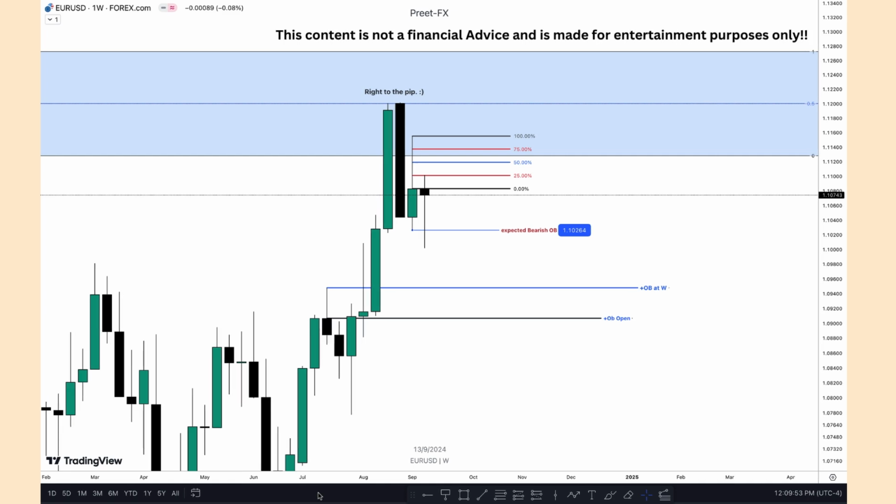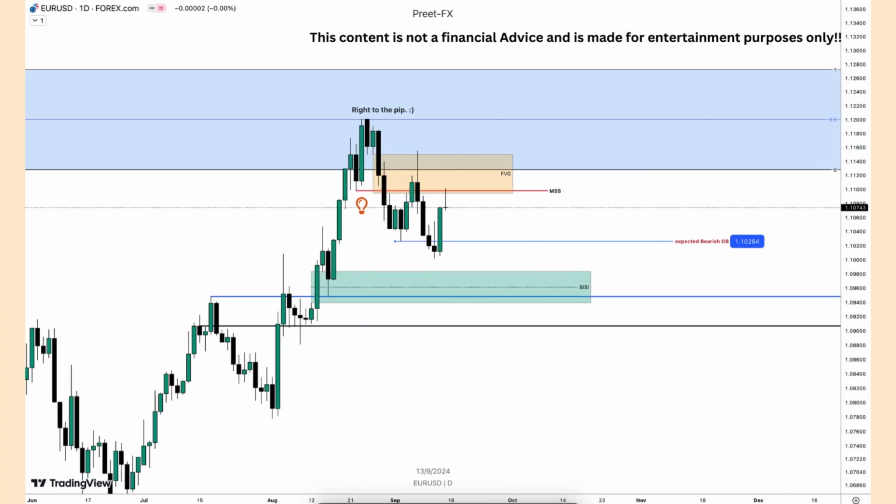Now let's look at the daily chart for euro. Looking at the daily time frame, price broke below recent swing low following the clear 2022 ICT model. There is a shift in market structure after taking out the buy stops. We also have fair value gap, and on top of this, the BISI still needs to be balanced, which aligns exactly with the weekly bearish order block. So a reaction to the downside is expected.